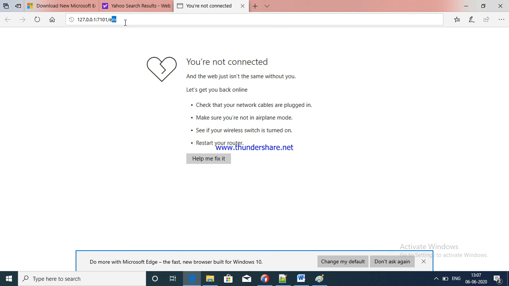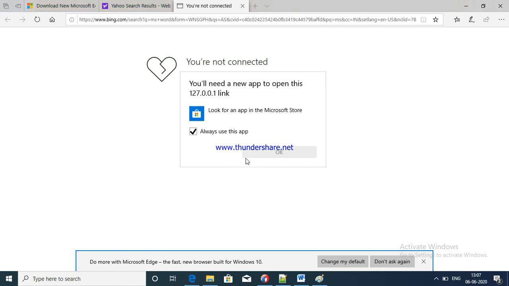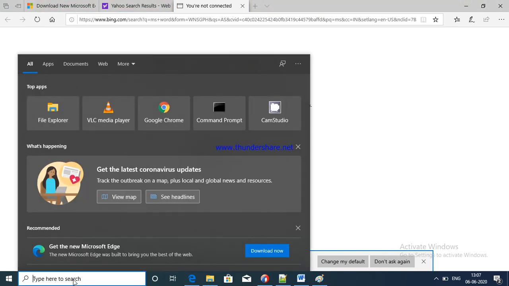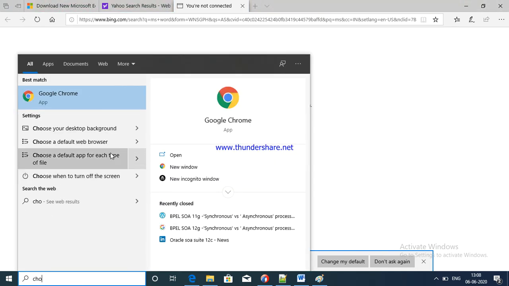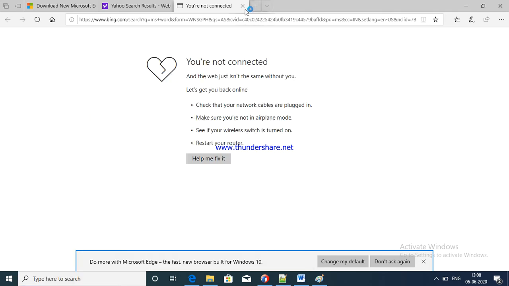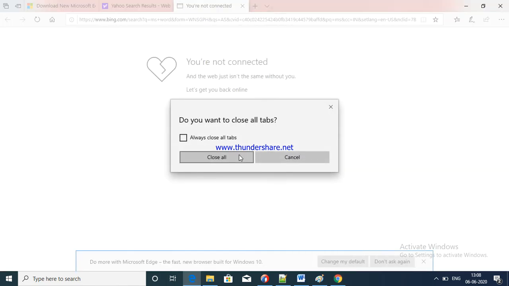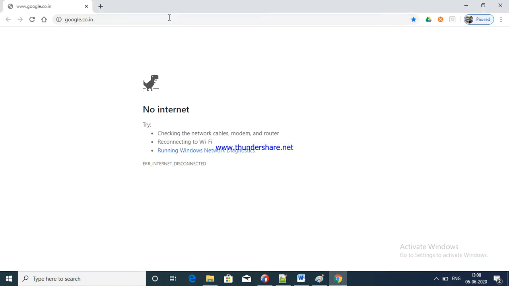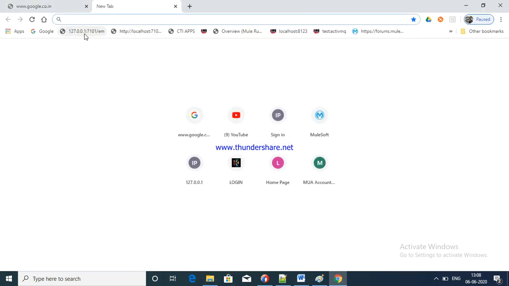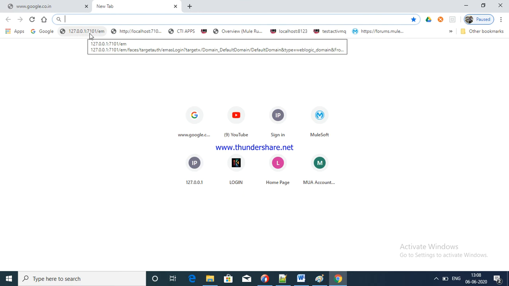/em, Enterprise Manager. Now click here. Okay, what happened? Link is not found. Okay, already Chrome. See here, localhost and port.